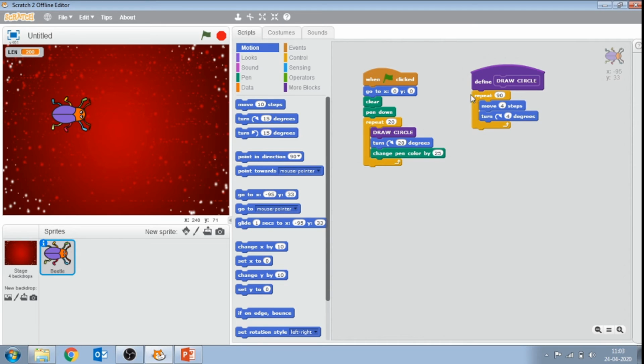Here our code is ready. We have defined the draw circle block, and now we are going to start by clicking on the green flag. Slowly it is changing. Nicely it is making different color circles.